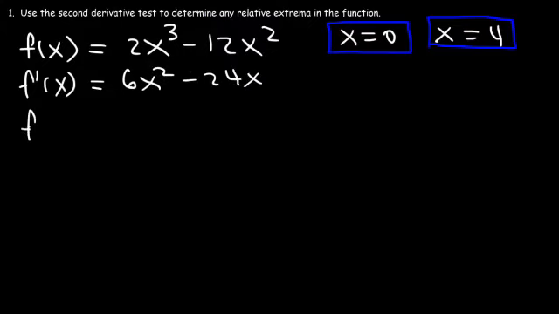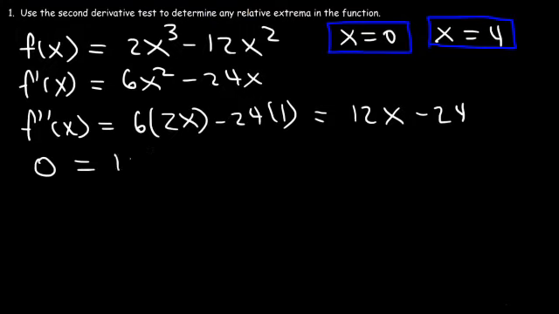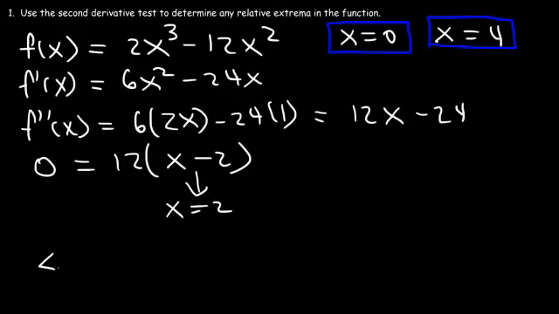Now for the second derivative, it's going to be 6 times the derivative of x squared, which is 2x, and 24 times the derivative of x, which is 1. So that's going to be 12x minus 24. Now let's set the second derivative equal to 0. Let's take out a GCF, which is 12, so we have a potential inflection point at x equal to 2,